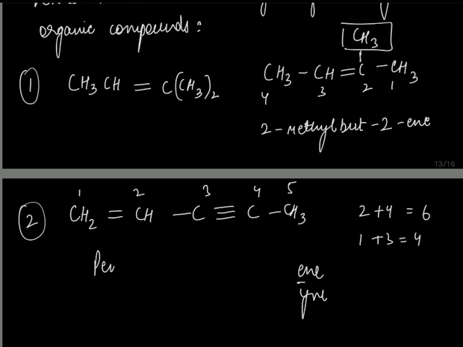The word root over here is pent. And then you have to write: if you see the double bond between 1 and 2, 1 is a lower number, so pent-1-ene. Don't write ene, just omit this e. That's again a rule, right? Then at third position, you have triple bond, yne. That's the answer. So follow this, not this, right?